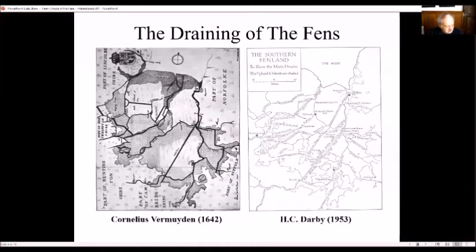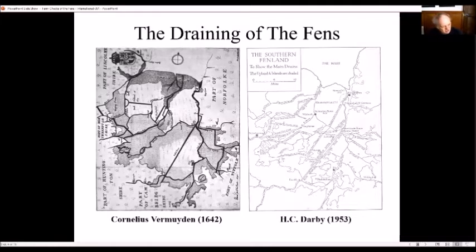And so various attempts have been made to try and drain it. The Romans had tried certain areas, but it really didn't start to happen until the 17th century when the Dutch engineers came over, including the famous Cornelius Vermuyden, in 1642. And this is his map of the area at the time. So this little area at the top is the Wash, which leads out into the North Sea. The darker area is tidal, and you can see various drains, when it's a straight line, it's man-made, that had already existed, but the area that's lightly shaded is very, very marshy land.